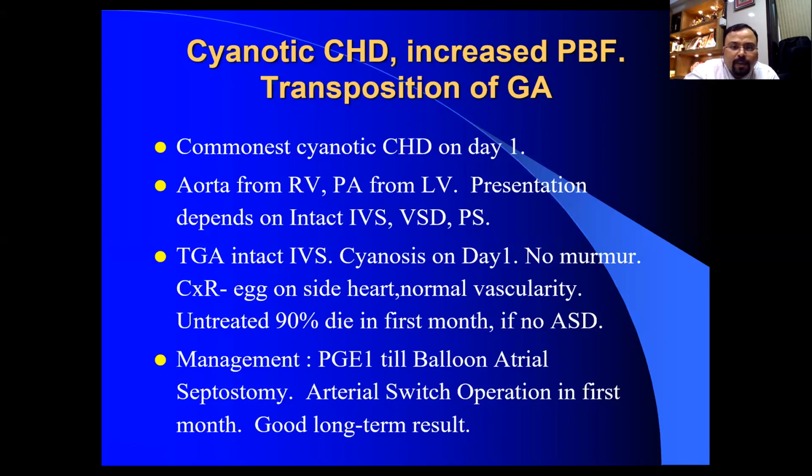So if we don't have time for arterial switch operation and we are in the periphery where surgical facility is not available, we can do balloon atrial septostomy. It can be done at bedside in the neonatal ICU, and by increasing saturation, we'll get some time for transport of the baby to Apex Institute. In the first 2 weeks, usually arterial switch operation is done in TGA with intact septum babies. After arterial switch operation, they have good long-term prognosis.